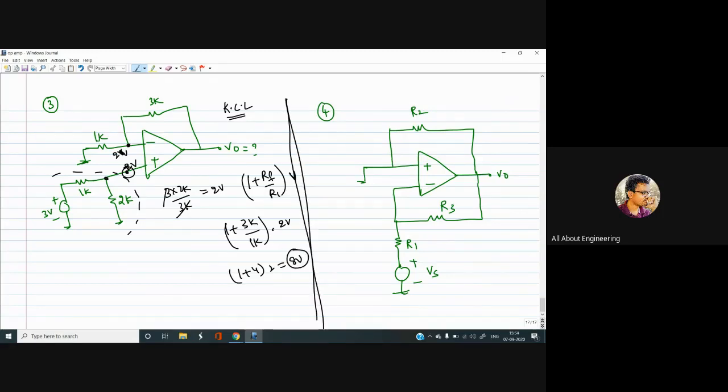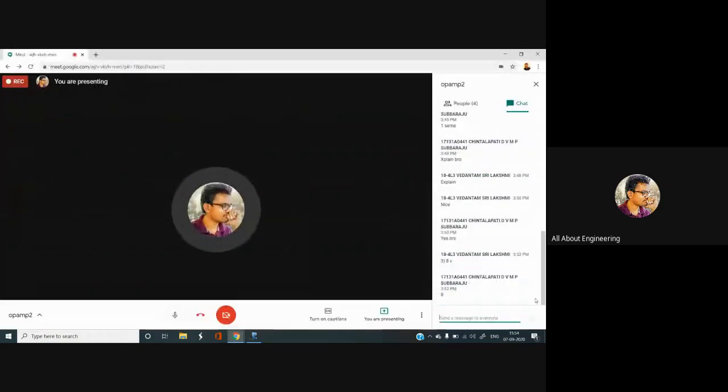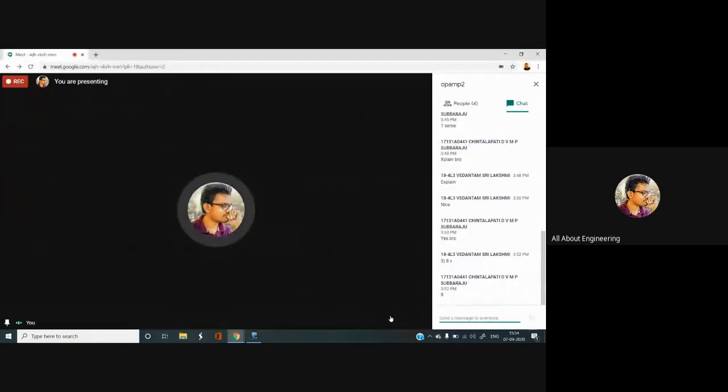So you got it right. The voltage that you should apply for a non-inverting amplifier is the voltage at this node, but for the non-inverting amplifier, the voltage that appears across this point, you please look at that difference. Okay, don't get confused. Guys, clear? If you are clear with the third problem, 8 volts is correct. Now you solve the fourth question.